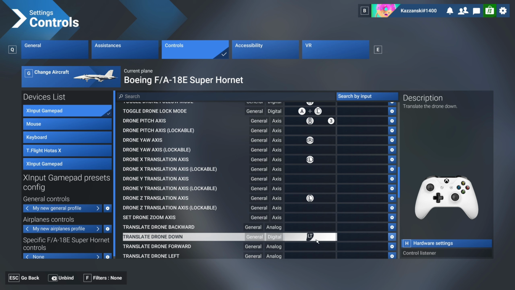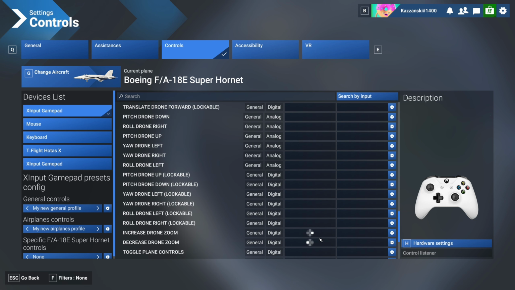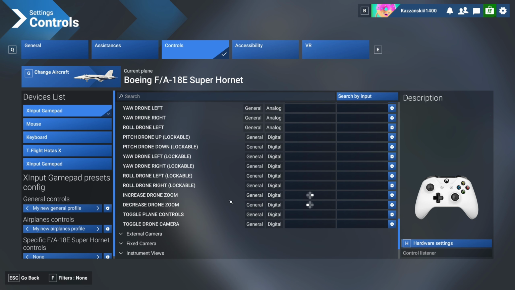Translate the drone down is the left trigger, which is the L2 bumper on the PlayStation controller. That's pretty self-explanatory. Translate the drone up or increase your altitude is the right trigger on the Xbox controller and the R2 bumper on your PlayStation controller. And the last two that I use tons and tons are the increase drone zoom, which is the right D-pad